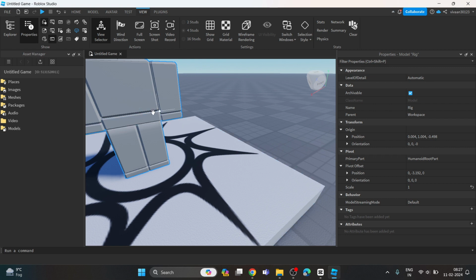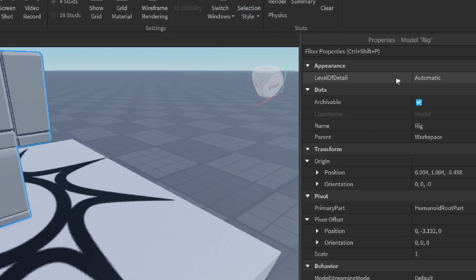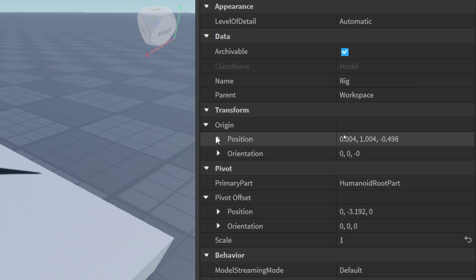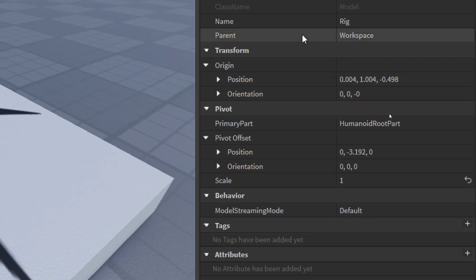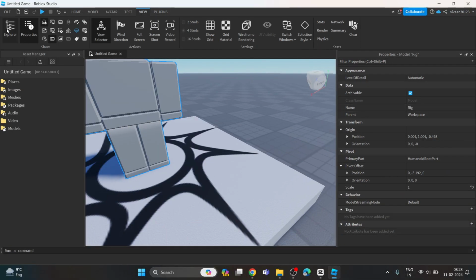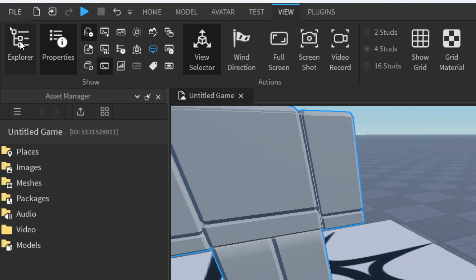and now you can change properties of your rig, like you can change the origin, transform, you can transform it to any size, and so basically you can change the properties using this property section,